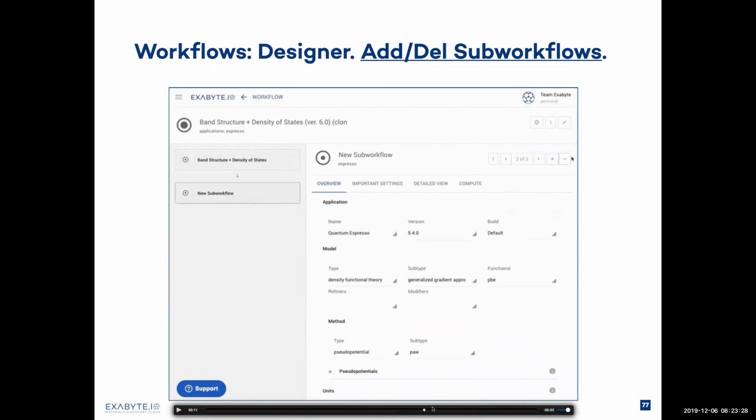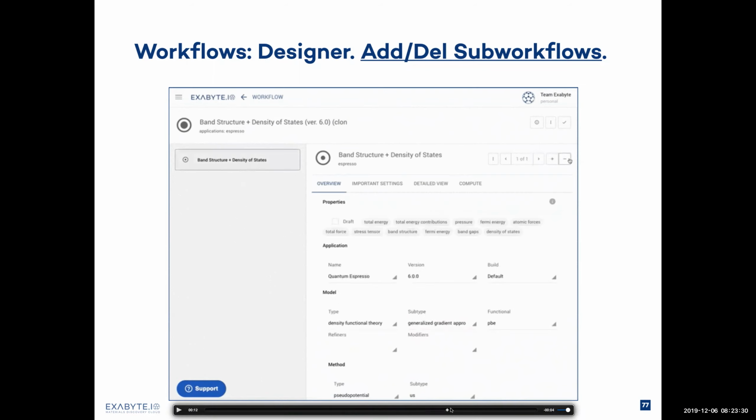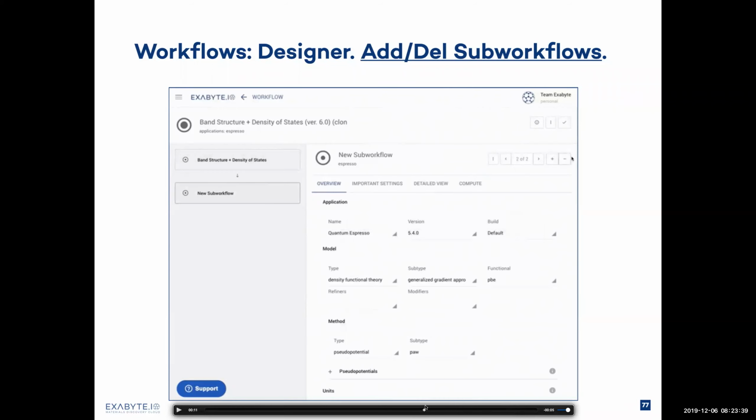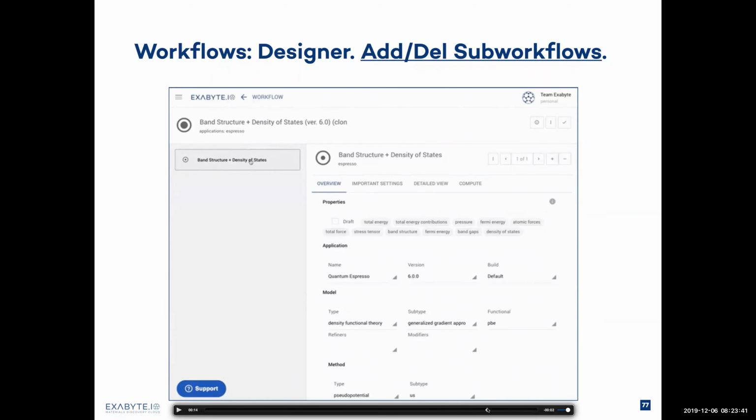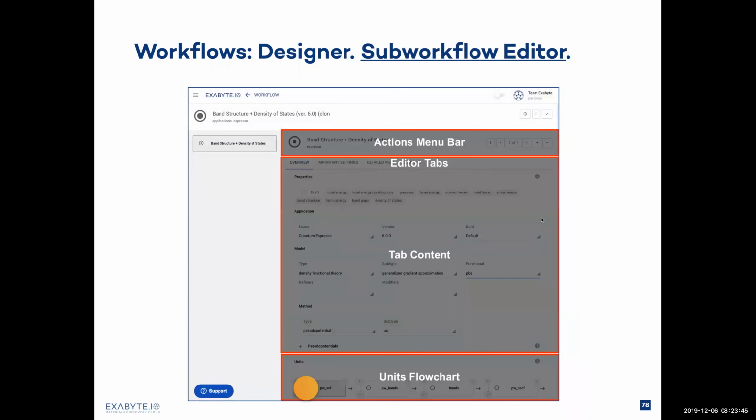Okay, and then we can delete this new empty subworkflow by clicking on the minus button in the subworkflow designer panel as well. So here, clicking on the minus button, we delete the subworkflow. Now, there are multiple different items included in the subworkflow editor too, like this actions menu bar, the editor tabs,